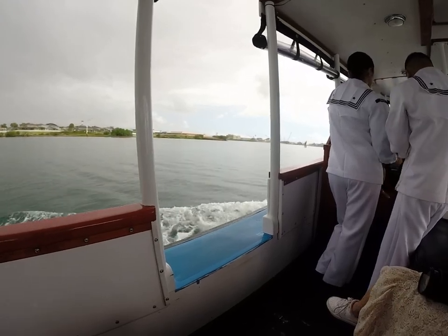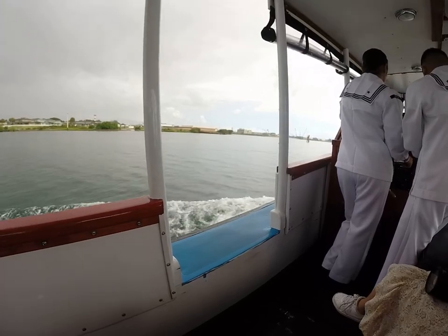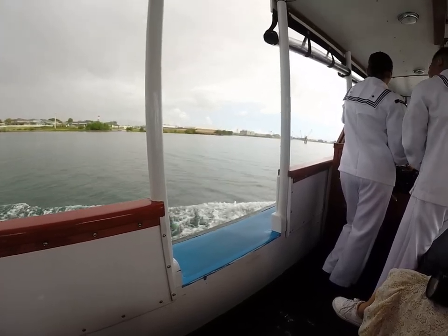The sub was salvaged and brought to the mainland, where it was used throughout the war in war bond support drives. The submarine was also the first